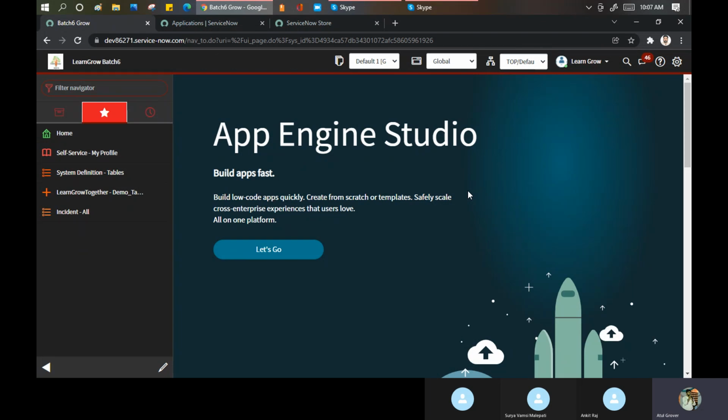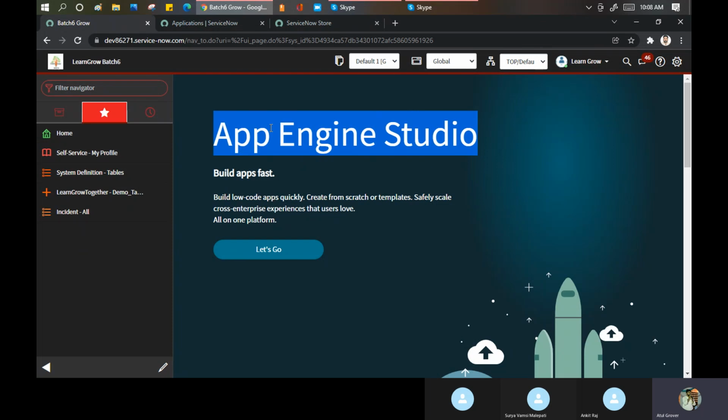Now ServiceNow says, boss, if you want to build your own application, because if you remember in the beginning, day 2 or day 3, I told you ServiceNow can be used as software as a service or platform as a service. Now, if you want to build your own application, then definitely you're going to use ServiceNow as a platform as a service, and you can build your own application on that particular platform. To do that, ServiceNow gives a specific module called the App Engine Studio.